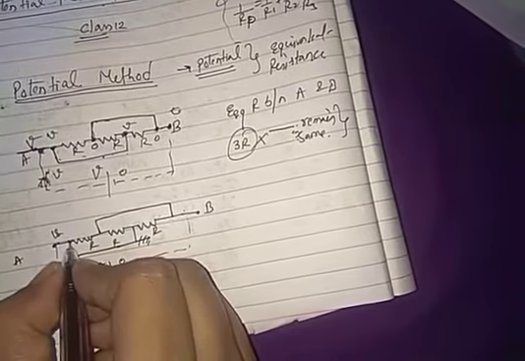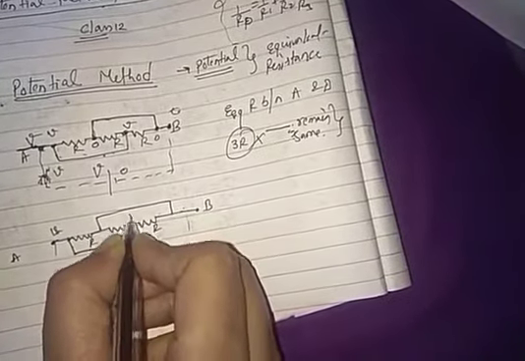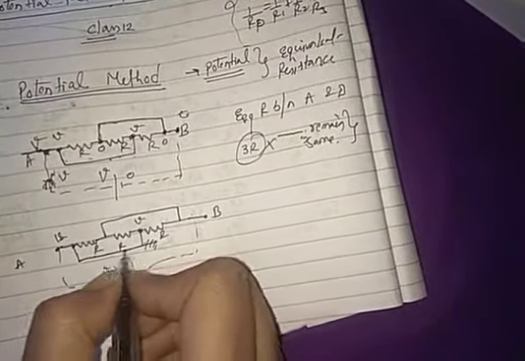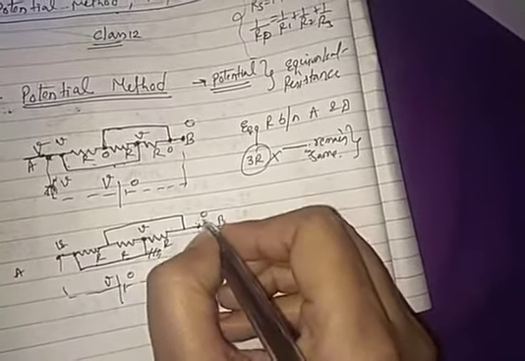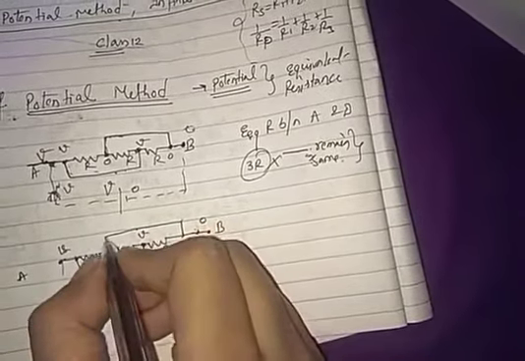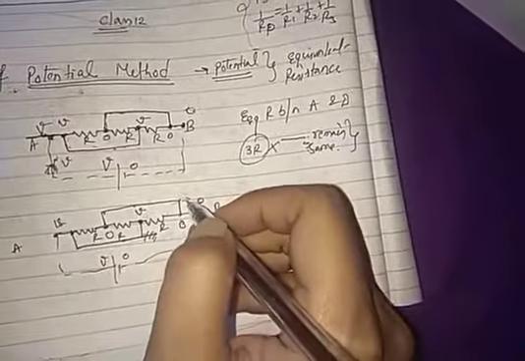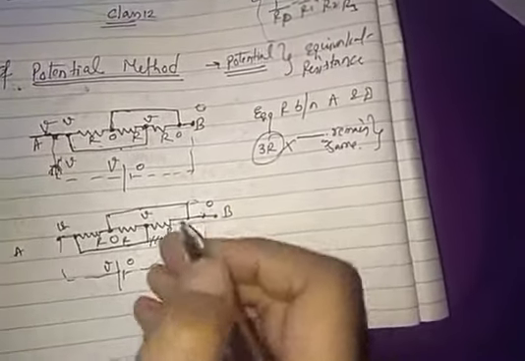In this path it will be V, at this point it will be V, and here also it will be V, because no instrument is connected between these wires. If I talk about these points, the potential is zero at each of them, and here also zero. Because if any instrument is connected in the path, then the potential drop will take place and there will be a change in potential, which we will see in the next question.